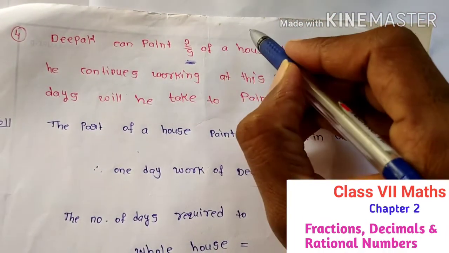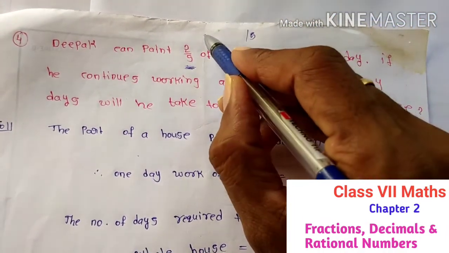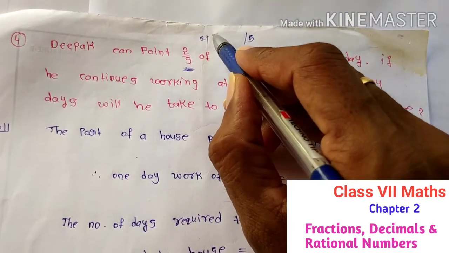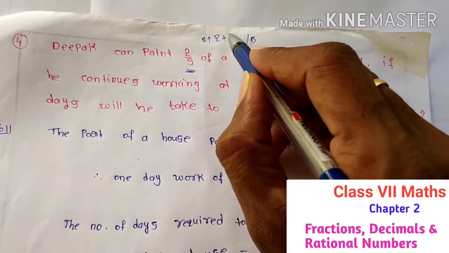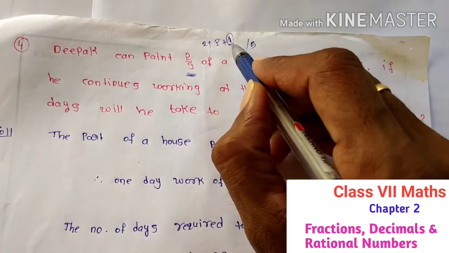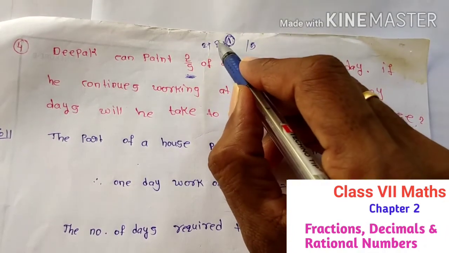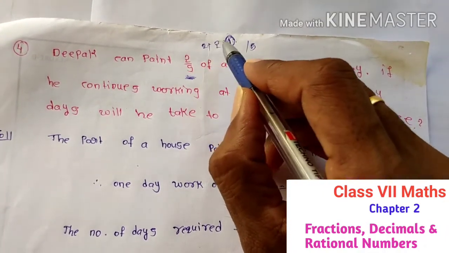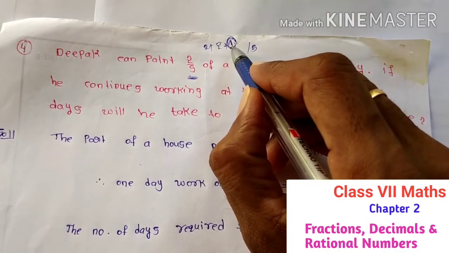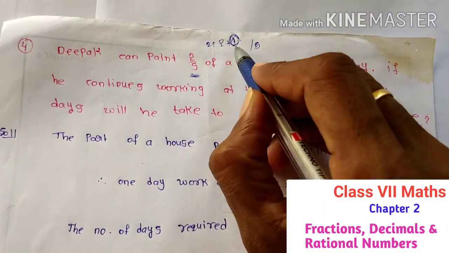Just you can see here 5 parts total out of 5 parts. First day you can do 2 parts. Next day you can do 2 parts. Next day you have only one part. That means it will take only half day. Yes or no? That means one day, one day, half day. That means total 2.5 days only required.